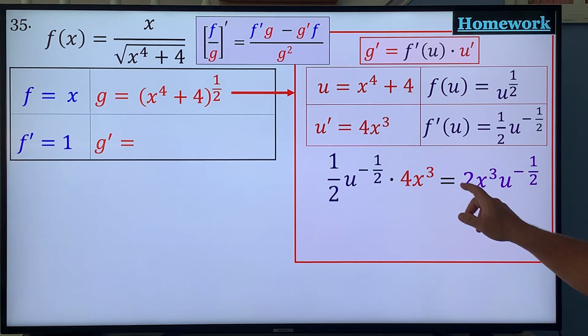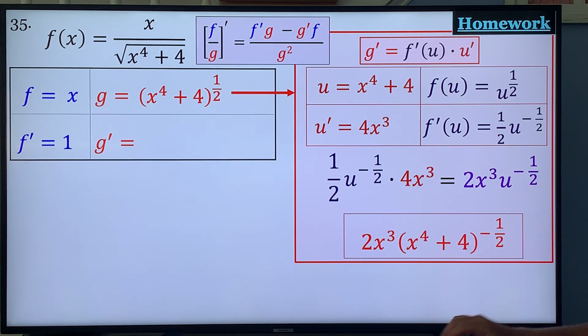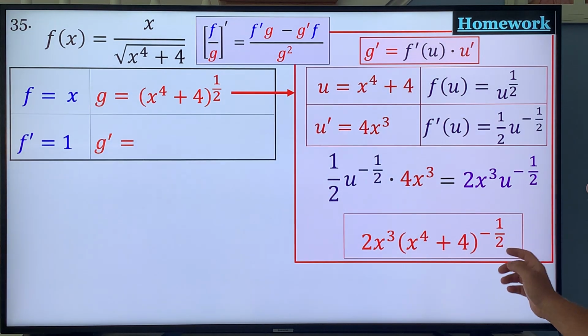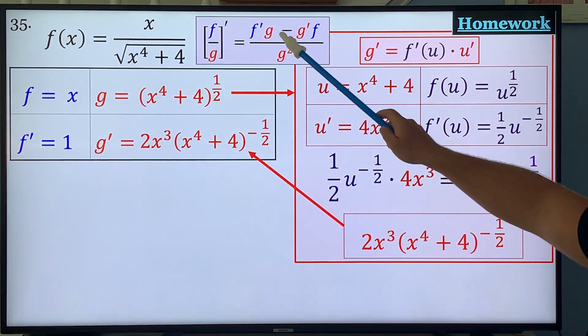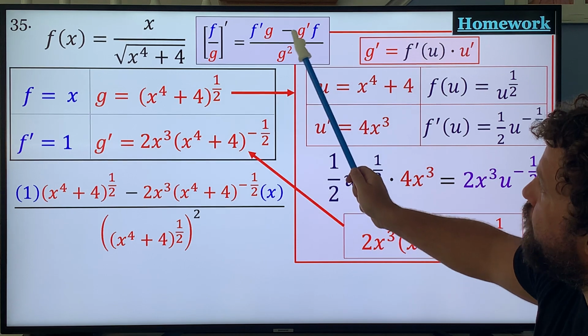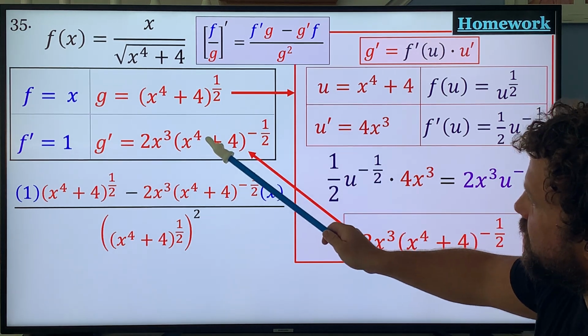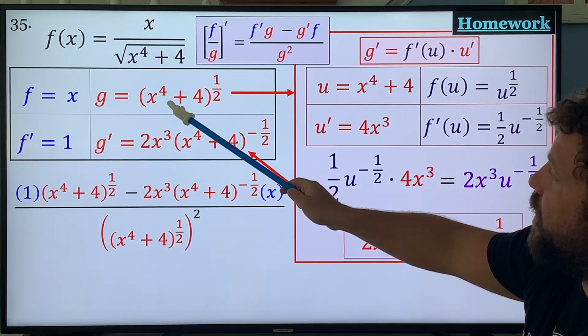All right, 2x cubed times x to the fourth plus 4 to the negative 1/2. Plug it back into this equation: 1 times x to the fourth plus 4 to the 1/2 minus 2x cubed, x to the fourth plus 4 to the negative 1/2 times x, all over x to the fourth plus 4